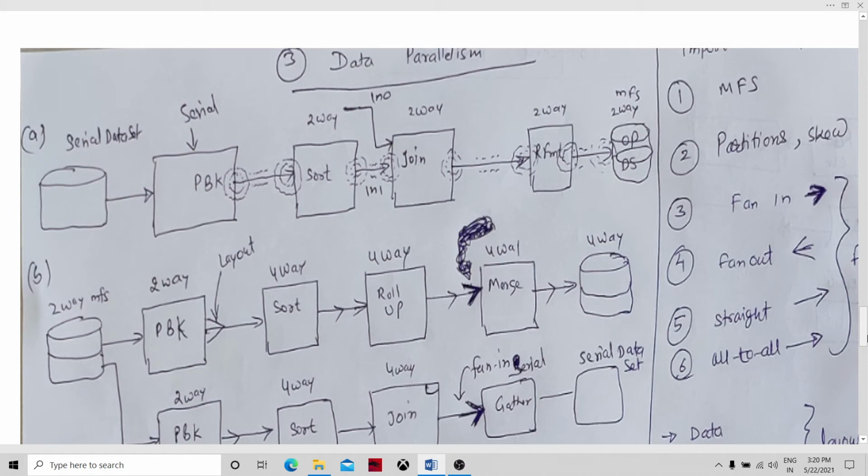Let's talk about the sort component. When the sort component is running two ways parallel, that means there are two copies of the sort component.